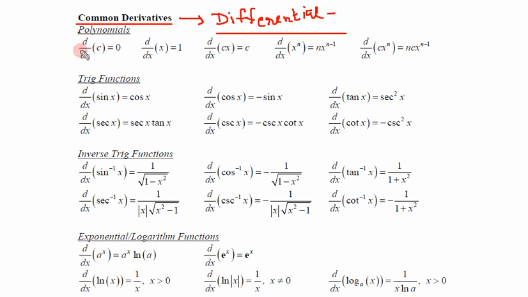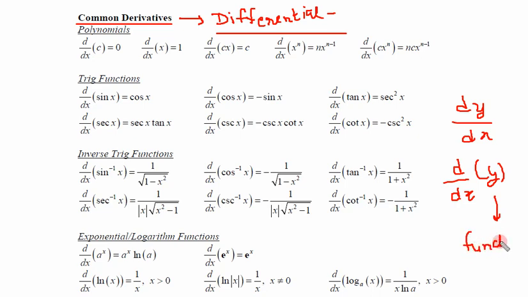So first, how do we represent this differentiation? What we saw, dy upon dx. So this was the form of differentiation. What we can do, we can write it in this way, d upon dx of y, where y is the function. This is our function. We will keep on changing this function y and see how the formula will change.